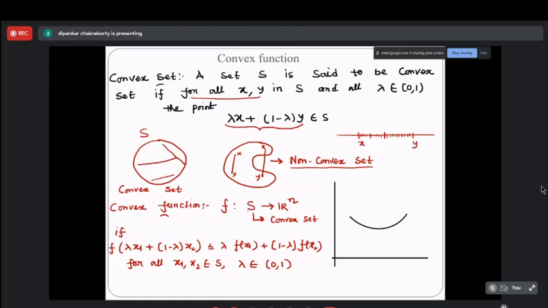Why am I saying so? Because if we consider any 2 points from the set S, then we have already seen that for a convex set, lambda x plus 1 minus lambda y should also belong to the set. Clear? And this property is only going to be true for a convex set. So if it does not belong to the set S, then how are we going to define this relation? Are you getting my point? To define this relation, this point should also belong to S. ये S पे होना चाहिए. अगर S पे ये नहीं होगा, तो obviously you cannot define this relation.